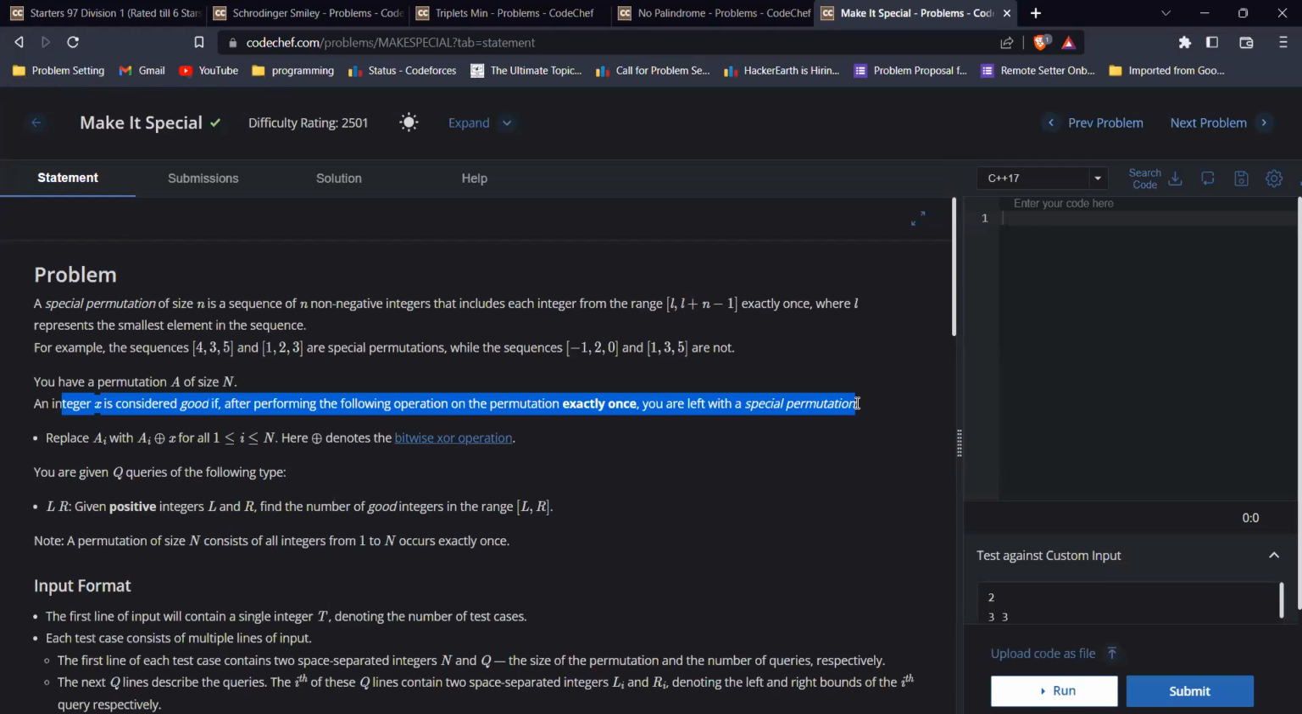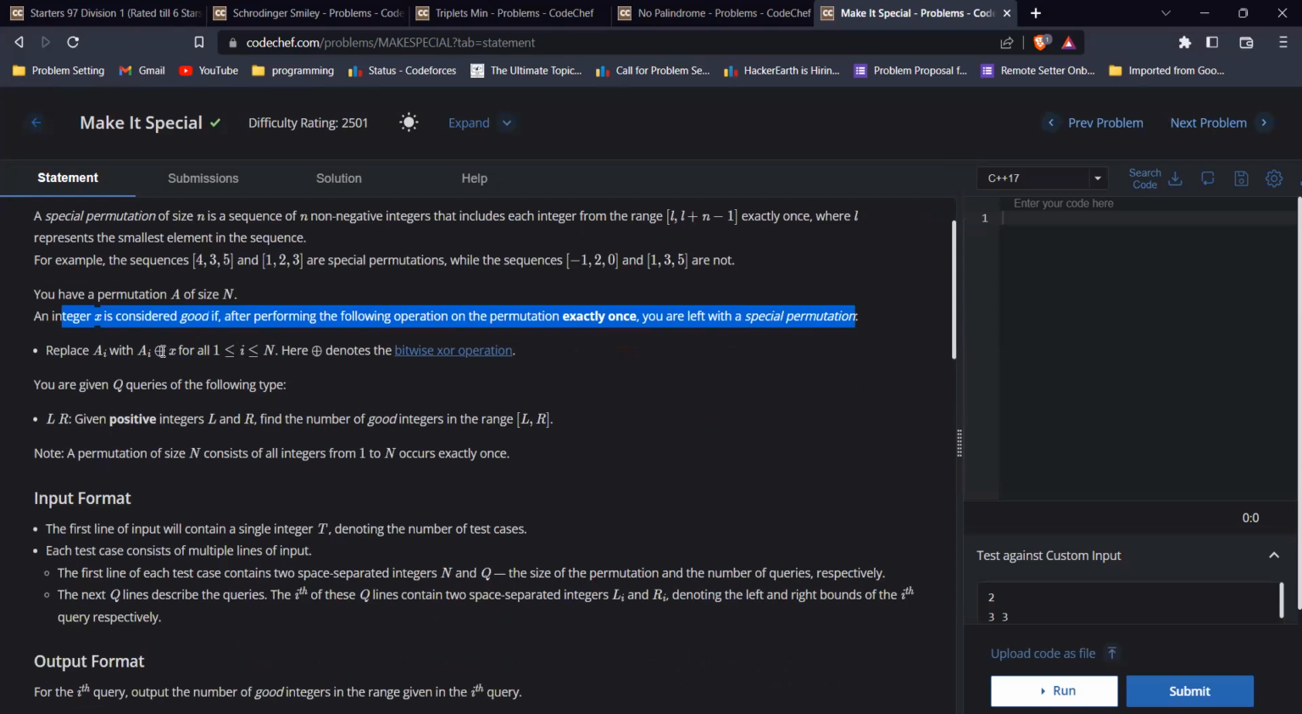So if this was 17, 18, 19, it is a special permutation. So all the numbers should be consecutive. Once sorted, they should be consecutive to each other. So we are given that we have to apply XOR with each of these elements, and X is said to be a good